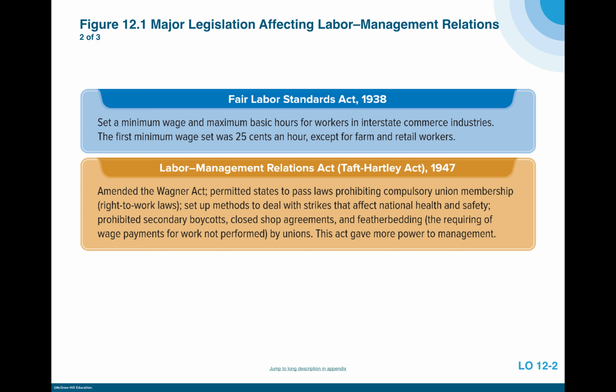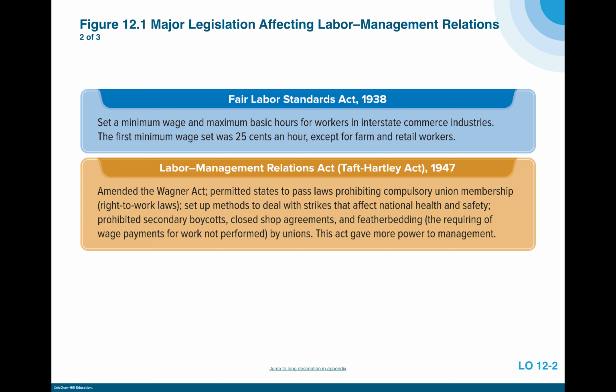So if you're making $10 an hour, you work for 40 hours. After that 40 hours, you get time and a half, which if you're making $10 an hour, that'd be $15 an hour. So if you're working 43 hours a week, those 3 hours are going to be at $15 an hour.